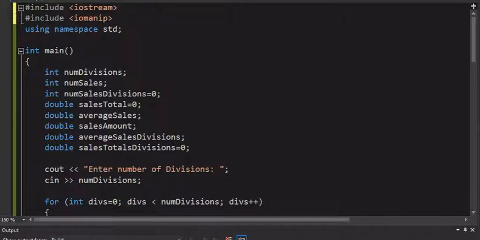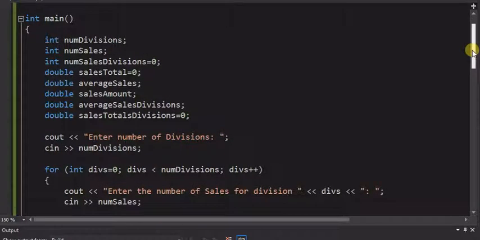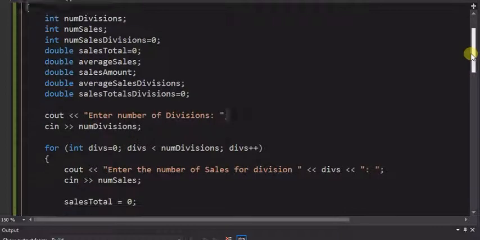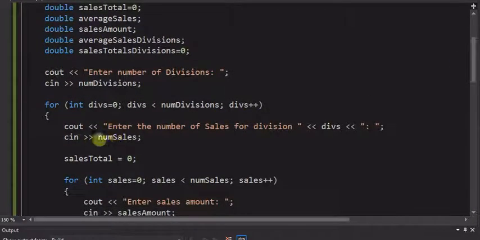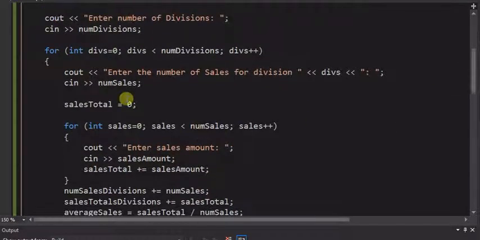Here we're going to look at nested loops, and I've got two examples already coded for you. This one simply goes through and asks for the number of divisions, thinking about a company type thing, and then for each division asks how many sales they had. It sits in two loops, one for each. The outer loop controls which division we're currently working with. Then it goes in and asks for the number of sales for that division, and then the inner loop,